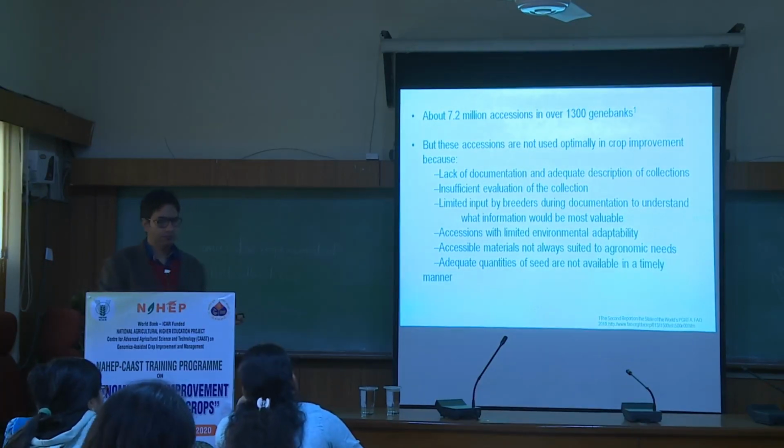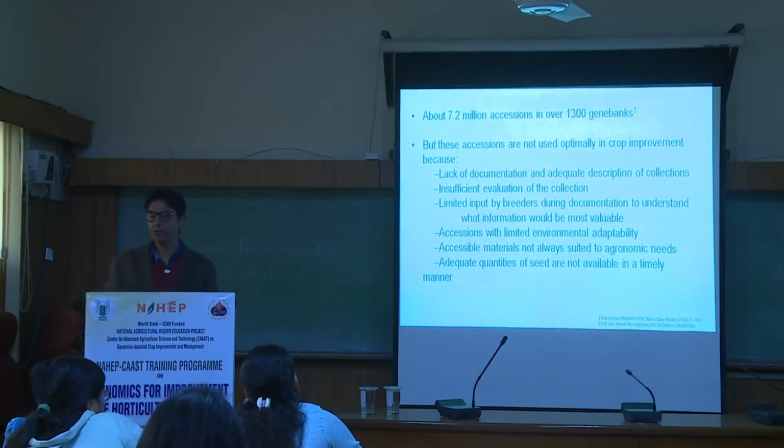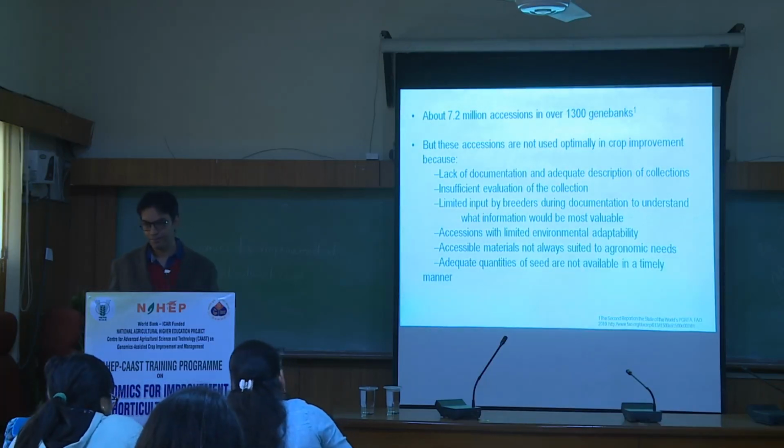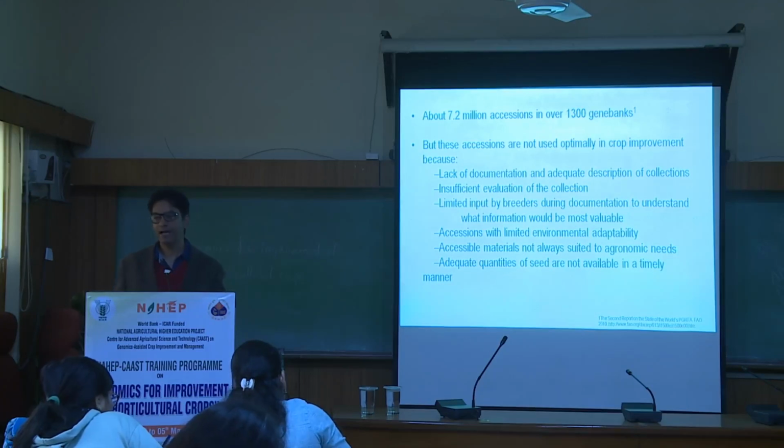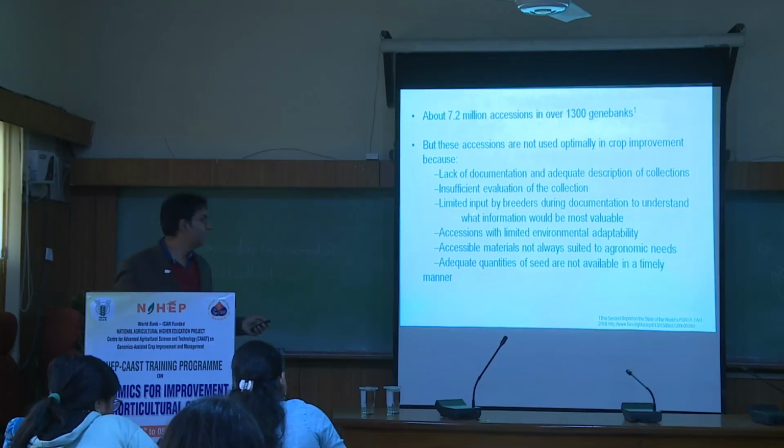Then there are cruciferous crops, which have 3 or 4 years. You cannot treat both of them the same. So what happens is that because of lack of money and lack of resources, you cannot do anything with it. You don't know what is there. Maybe there is something gold hidden in those germplasm, but you cannot do anything because you have not evaluated them. So this is what he is saying, that there is insufficient evaluation of the collections, limited input by